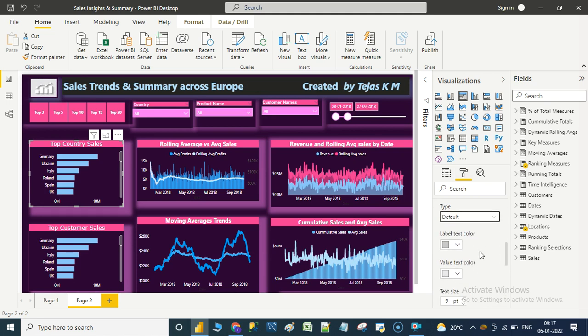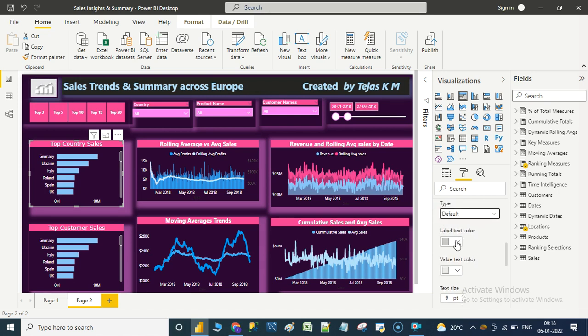Over here we have three different components: the label text color, which is light gray, the value text color, which is white in color, and we also have text size. In addition to this, we should be having something called background color, and we have font family in here.